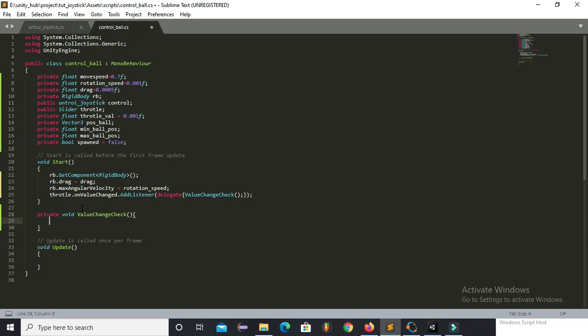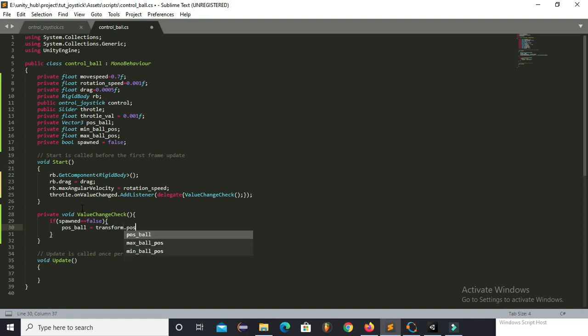Now here we will check whether we are changing the position of the slider for the first time or not. If it's the first time that the slider is changing its position, then we have to store the position of the sphere in it, so that we will have the minimum value of the y coordinate of the sphere.